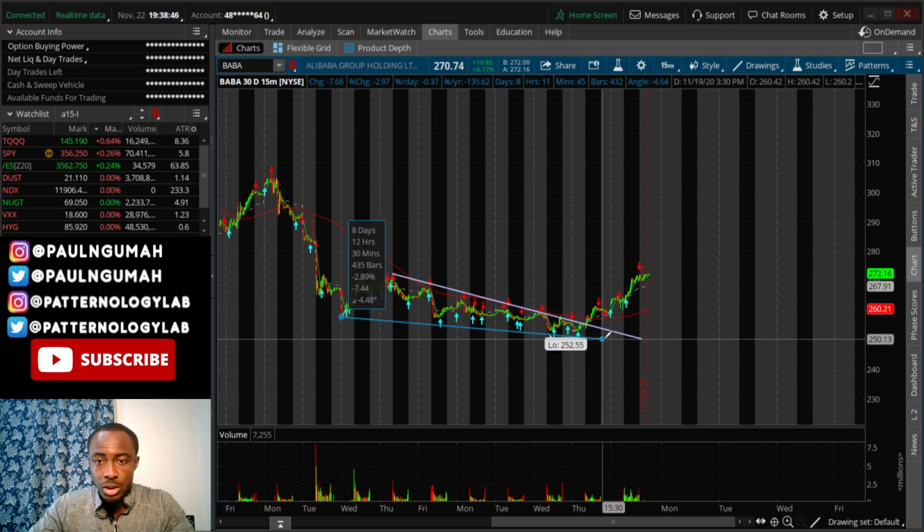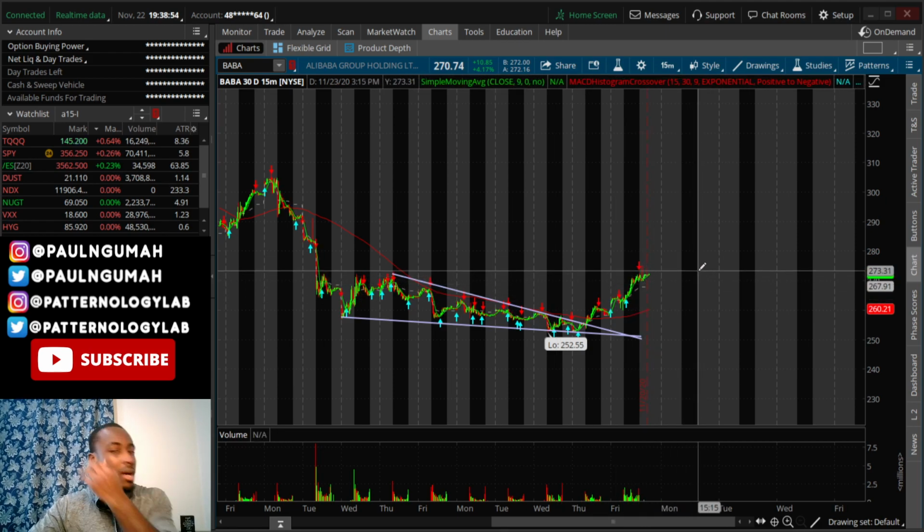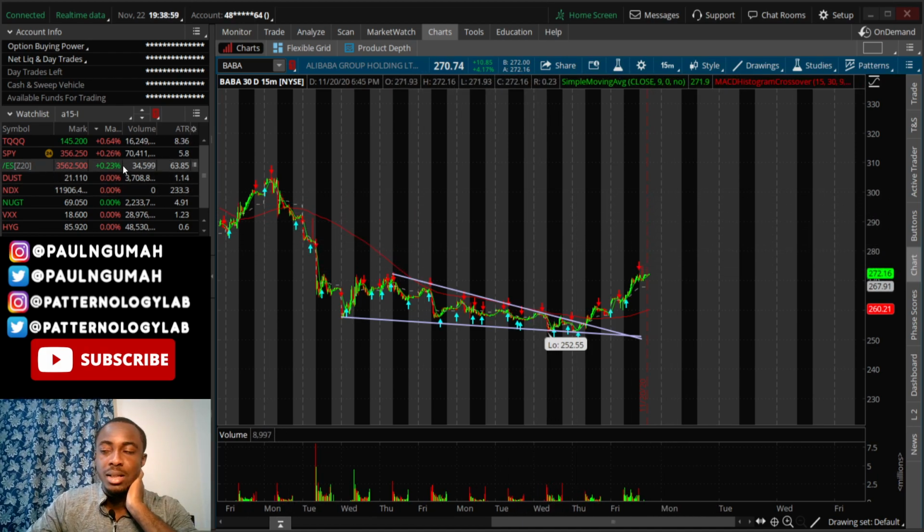It was a falling wedge on the chart right there. And it broke out on Thursday and it kept running on Friday. Usually the price target for a falling wedge is right exactly where it is. But it will be interesting to see exactly what happens on Monday if it opens higher, especially given the fact